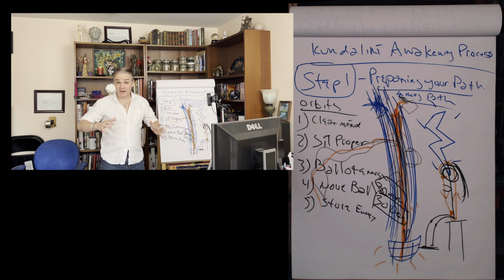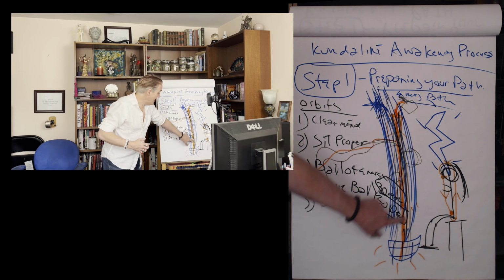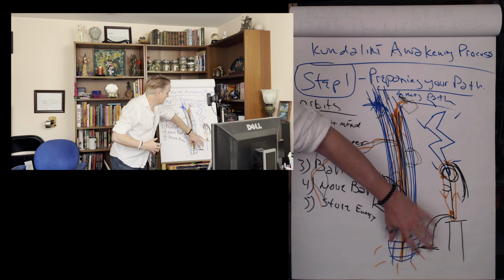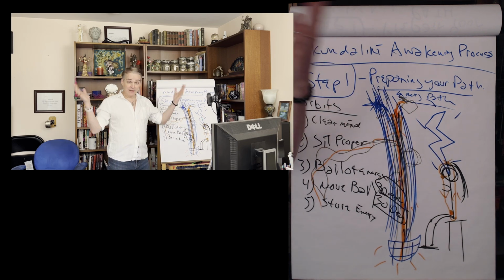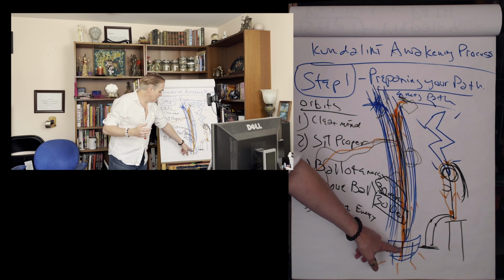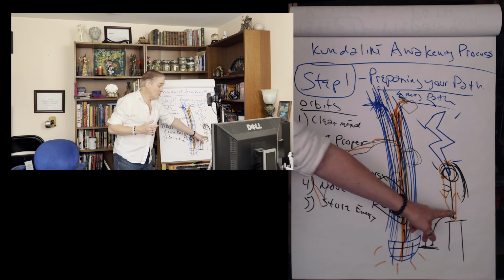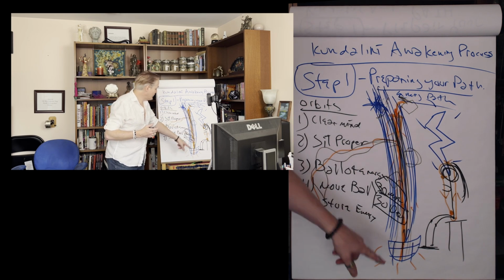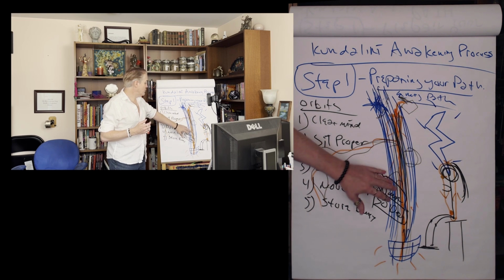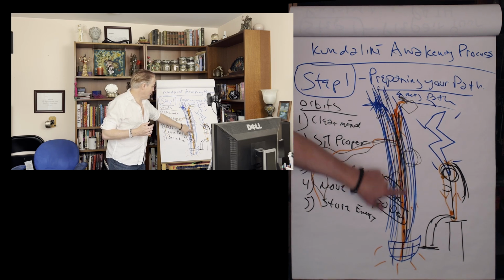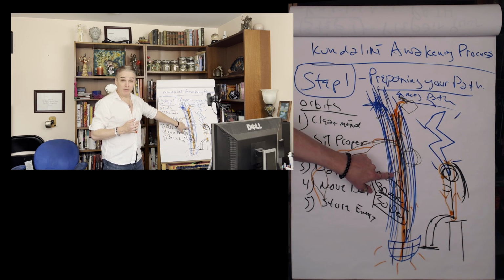It depends on how much you do it, and pull all that energy down into that space so that it's stored there, so you won't lose it, so it won't leak away out of your body, out through all the other channels. Because if you just let it be in there wrapping around, it's going to leak out. You want to store as much as you can, as tight as you can, in your sacral space, so you have it in your bucket for the next night. So eventually you have a lot of energy coming through, not just a little bit of energy. Your bucket gets bigger and bigger.